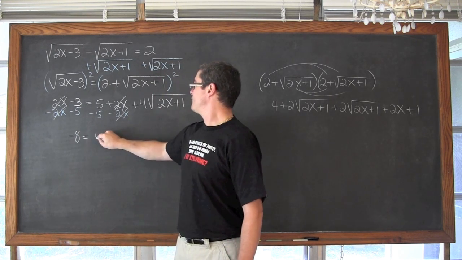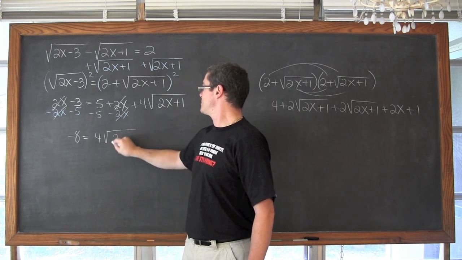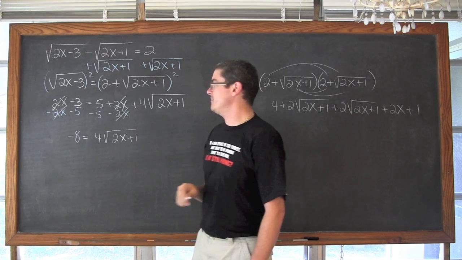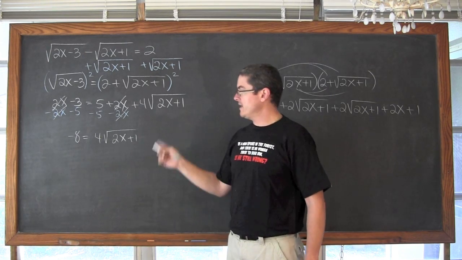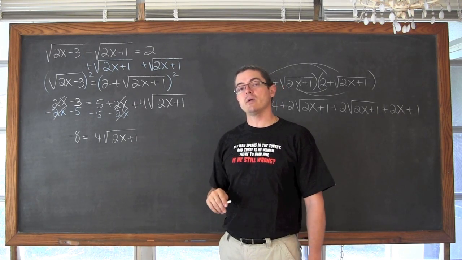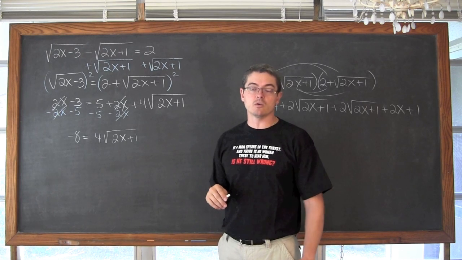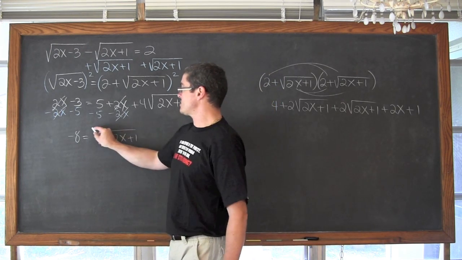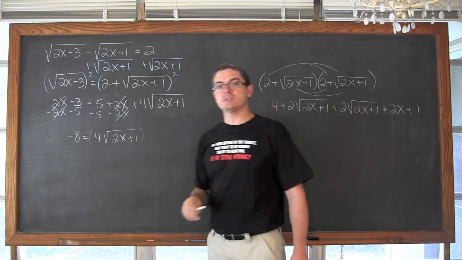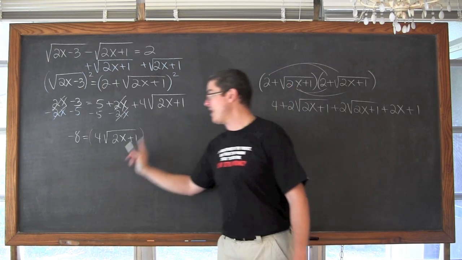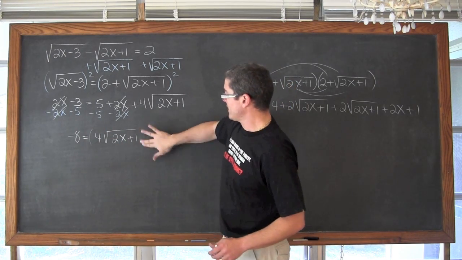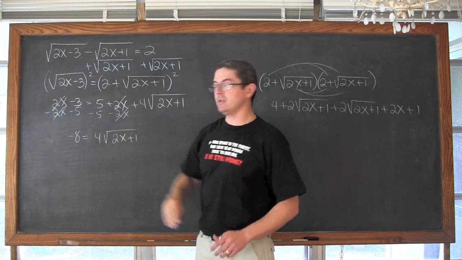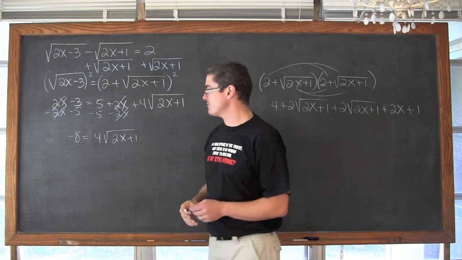And that is equal to 4 times the square root of 2x plus 1. Now at this point, if I divide both sides by 4, I'm not going to create any extra fractions. If I were going to, then I may want to just wrap this all into parentheses and square both sides of the equation without dividing away the 4. Even though you might argue it's not completely isolated, it would save some fraction work.